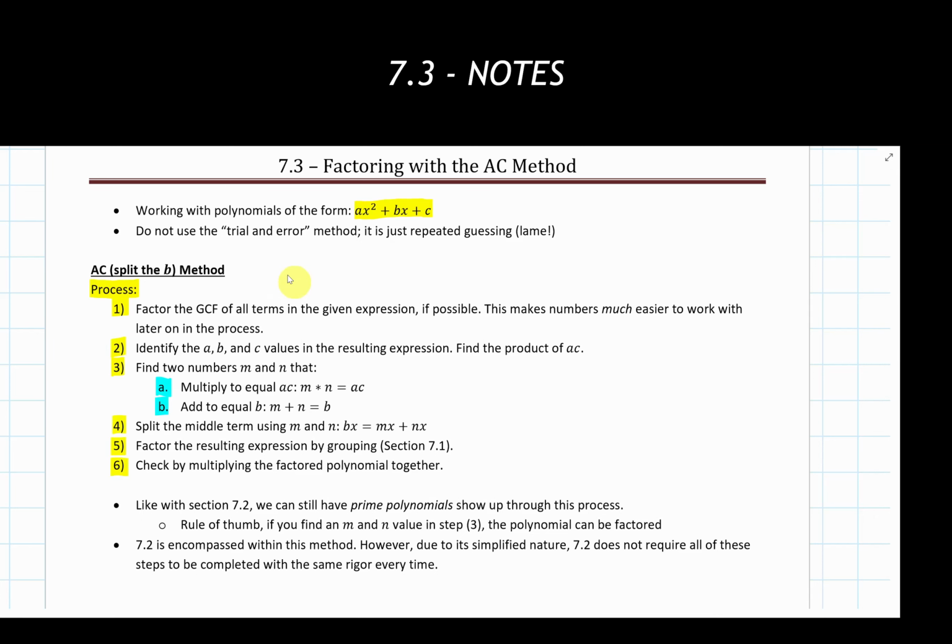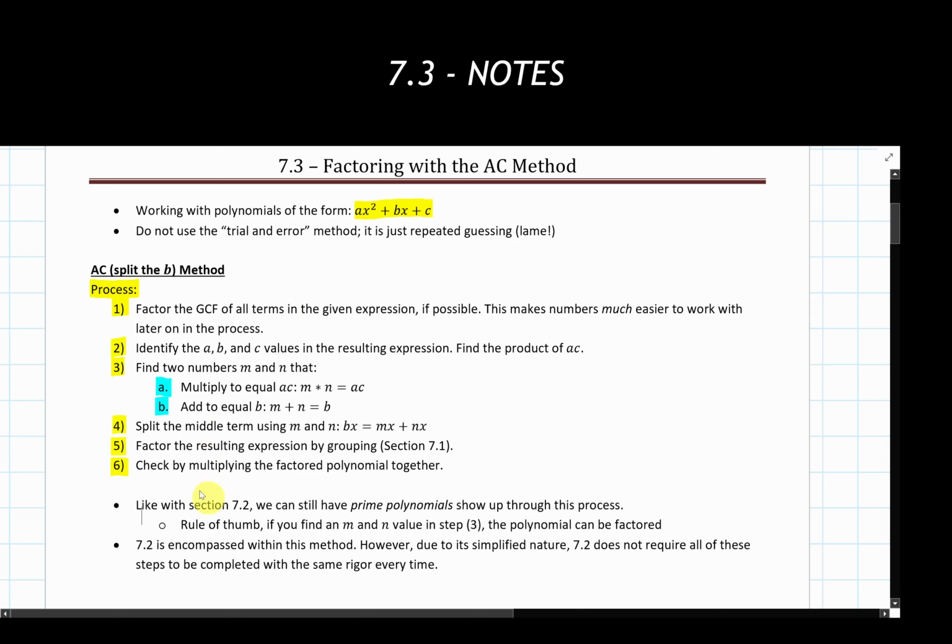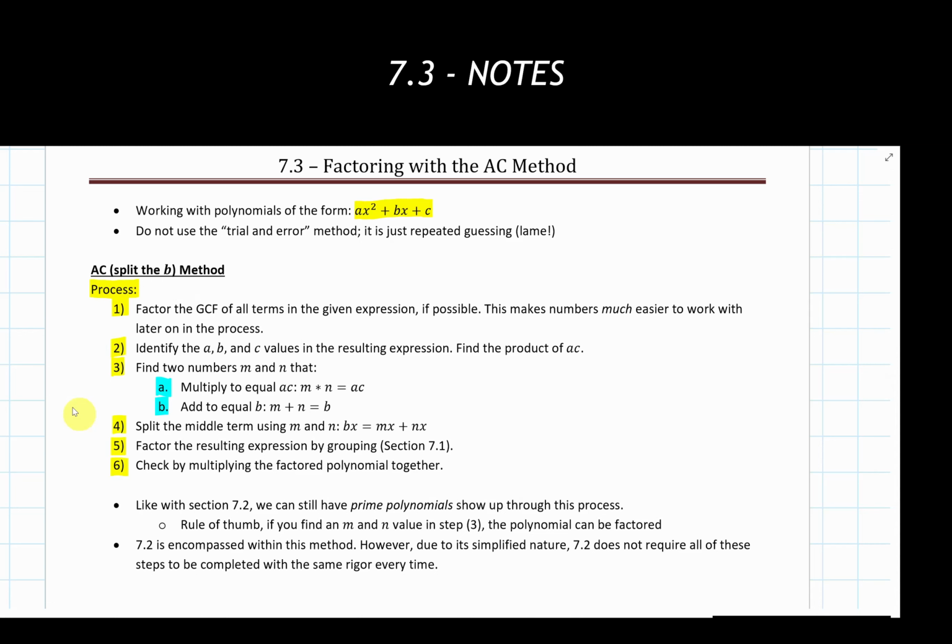If something ends up going wrong and we don't get what we started with, it could be that we multiplied something together incorrectly, it could be that we combined like terms incorrectly, or maybe we actually did something wrong in our factoring process. So we're going to go back and check on those as necessary. A big portion of being able to find that is going to depend on whether you are or aren't showing your work. That could save you from having to go back through and do this entire process all over again. So I think showing steps as we go through this is very, very helpful, and again, we're going to see some examples of that here shortly.